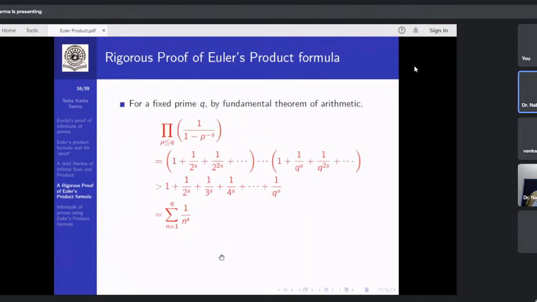So if I rewrite the series for each of the q terms, here finitely many terms are there. And if we multiply out these terms, suppose 1 into 1, so this 1 term will come. This 2^s will come. Why? Because this 1 by 2 to the power s is there. And all the 1s I will take. In every series, there is a 1. So then 1 by 2^s we will get. 1 by 3^s we will get because the second series will be